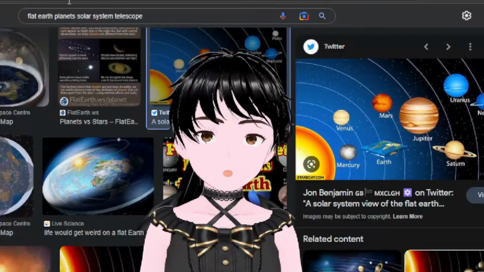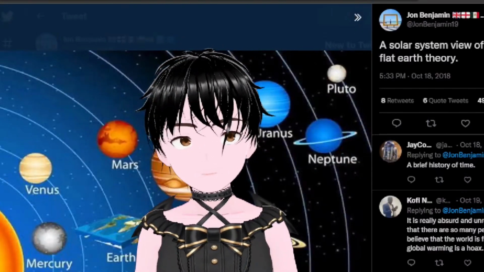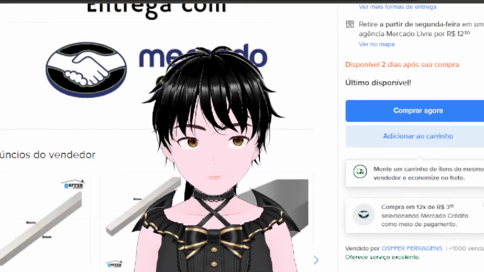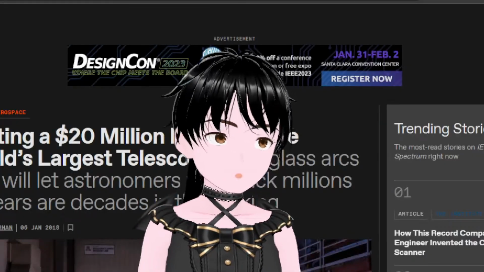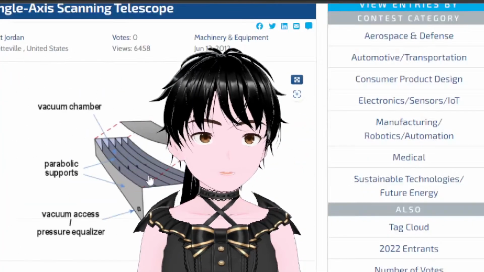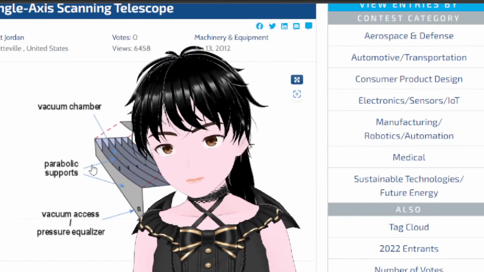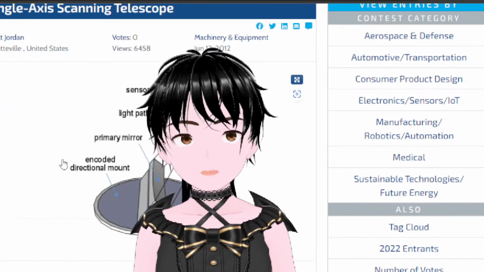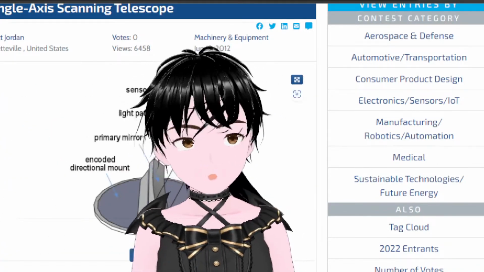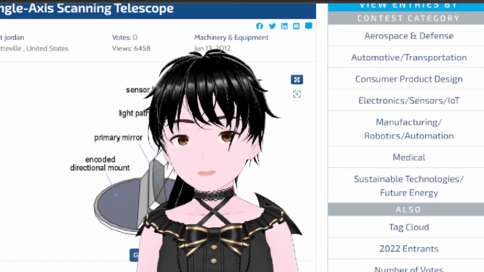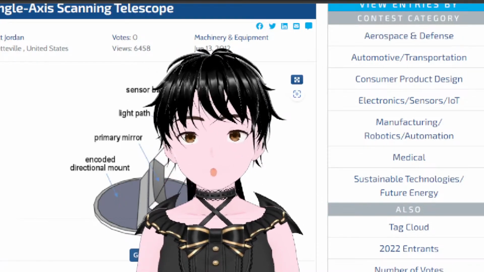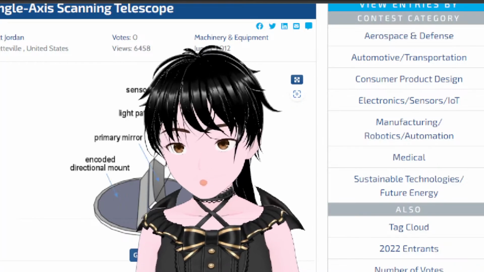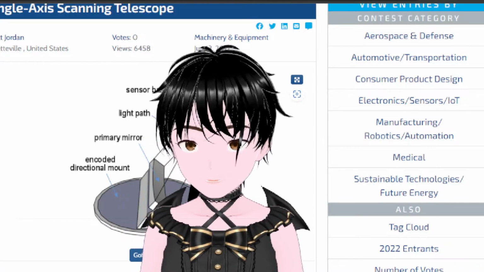When you think, oh, you're a genius, this is great. No, this idea was already thought about. This is a single axis scanning telescope by Scott Jordan. Okay, I think to myself, I'm not the first to think about this. It's too simple. But why are the Chinese not making ultra high quality telescopes for us